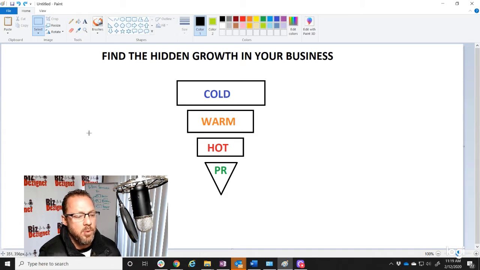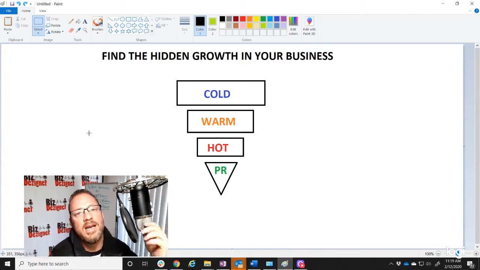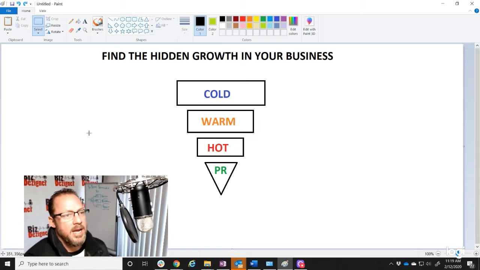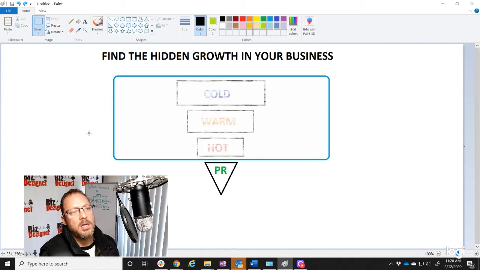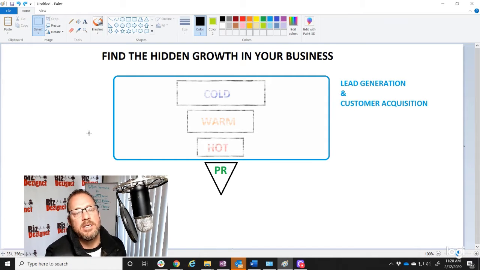So it's incredibly important for you to understand that tracking contacts all the way through the customer lifecycle in your business is one of the big gaps in the game. And if you're not doing it, I would highly encourage that you get it implemented as quickly as possible. So let me talk with you a little bit about where most of our clients come and